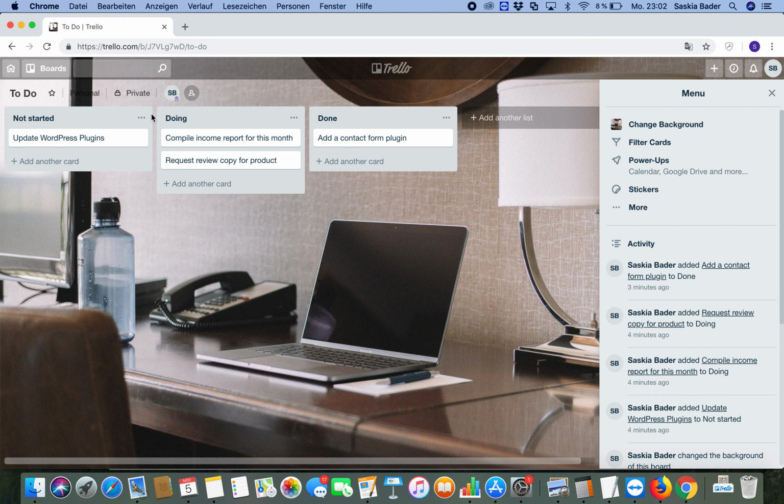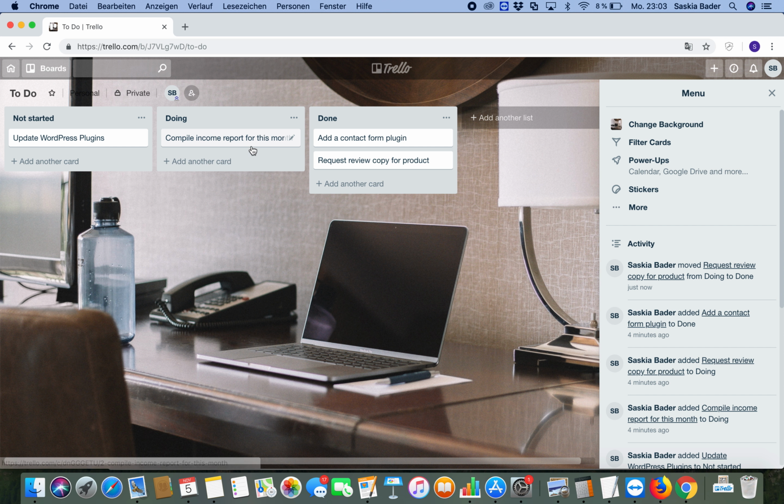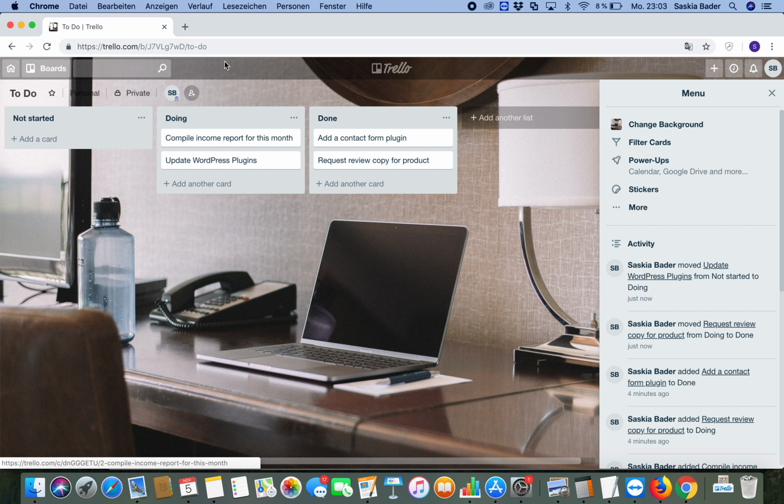Just a simple to-do list with what you still have to do, what you're doing right now, and what you have already completed. Let's say that you now have written the email requesting a company to send you a review sample of, let's say, a technology product or software that you want to review. So you have done that, and there. And now this one you are doing. So you can really see at a glance, really visually, where you are